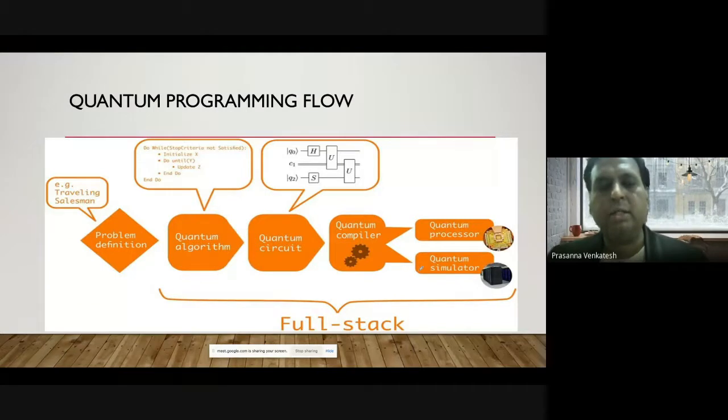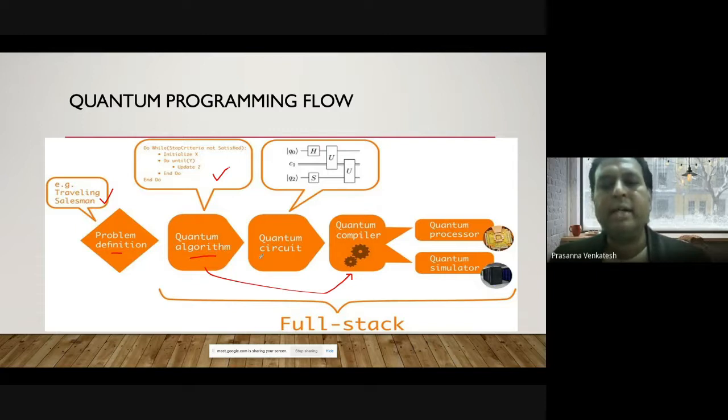Now, in the case of quantum computers, the programming flow happens like this. Assuming you first define the problem you want to solve, you write the algorithm to actually solve the problem. This is a typical English way of representing it. Till now, we do not have an approach of directly taking our quantum algorithm to the quantum computer. We are still evolving.